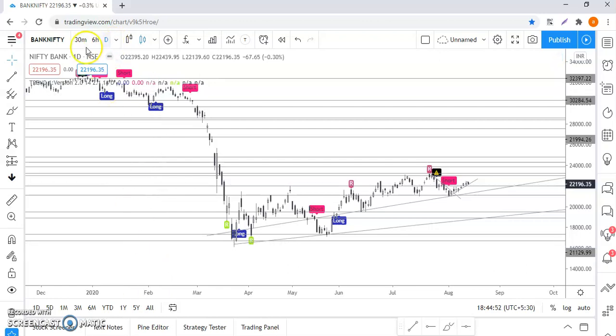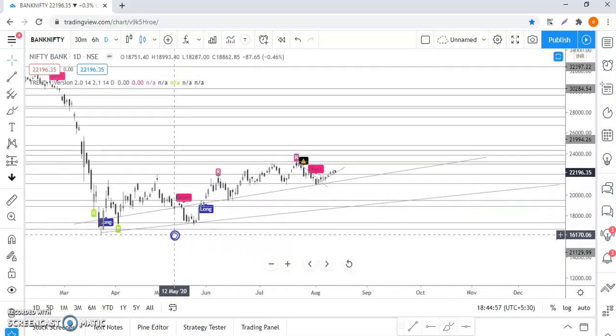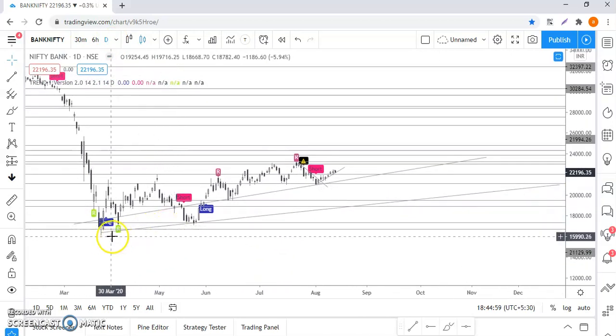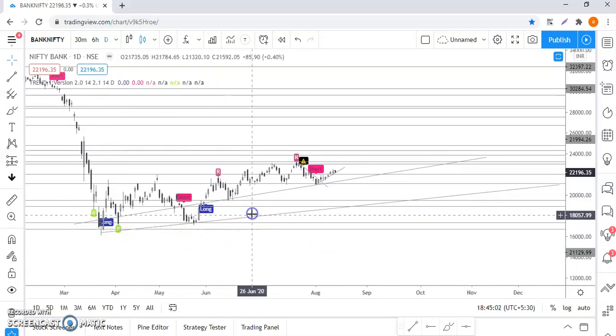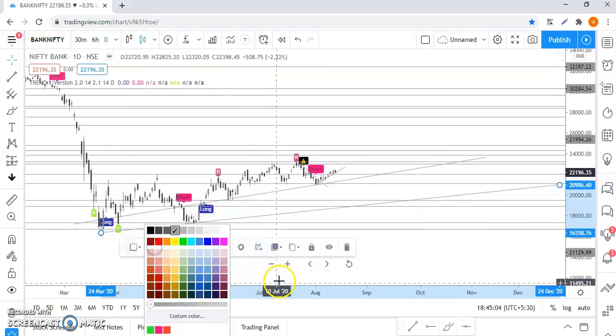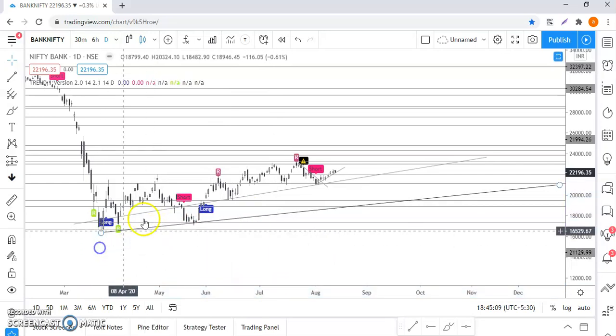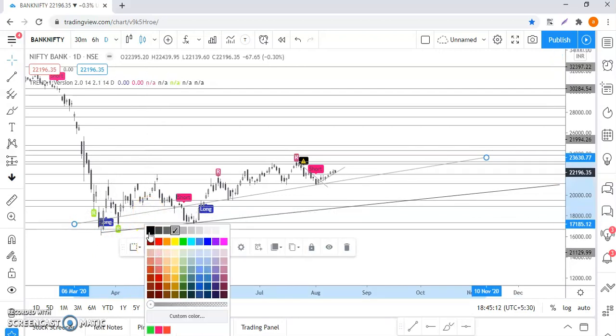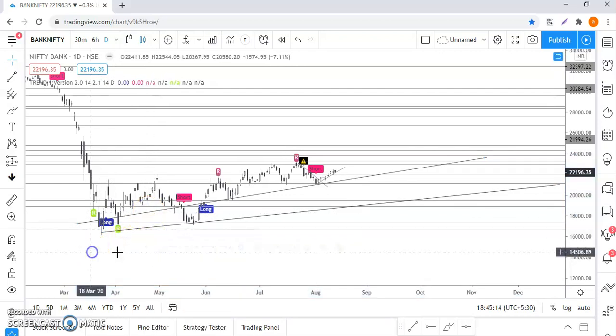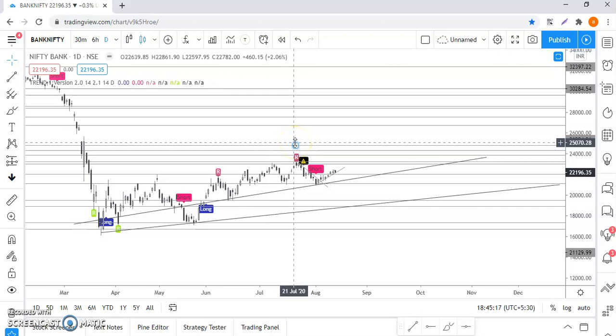So we'll go to the 30-minute chart. What else you should do is try to draw trend lines. Look here, I have drawn one trend line here. Let me make it darker. I'll tell you the help of this trend line: you can trade accordingly. A trend line will help you better judge the market, and it also helps increase the accuracy of your trade.